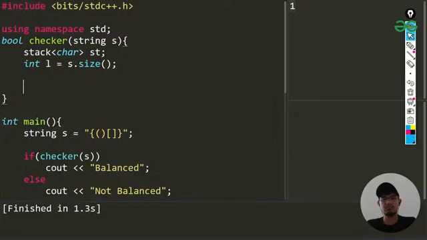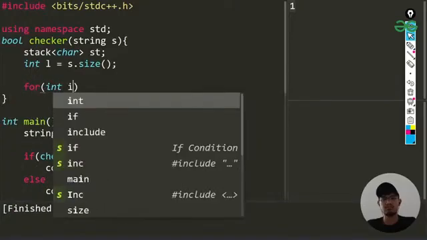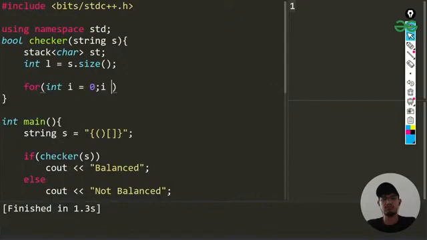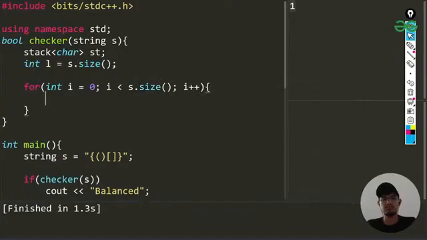Here I'll be iterating, so for that I'll write i equals 0, i less than s dot size, i plus plus, and first thing, I'll be checking whenever I'm getting opening brackets. Whenever I'm getting opening brackets I'll be pushing that. For example, s of i equals to, we shouldn't use double quotes like this, it will be showing an error.